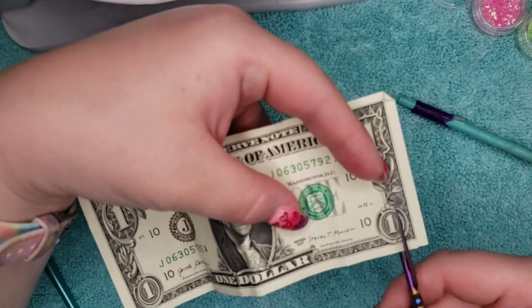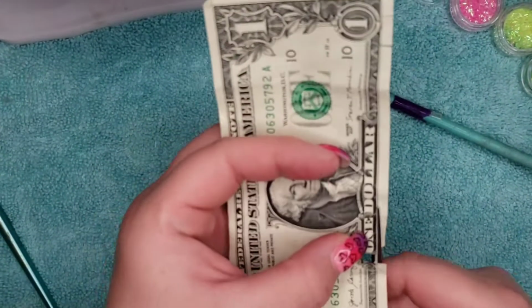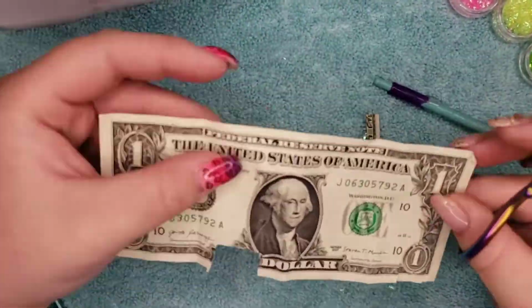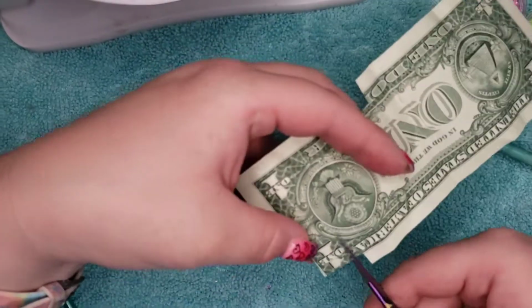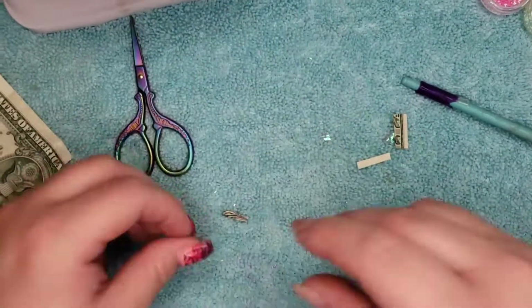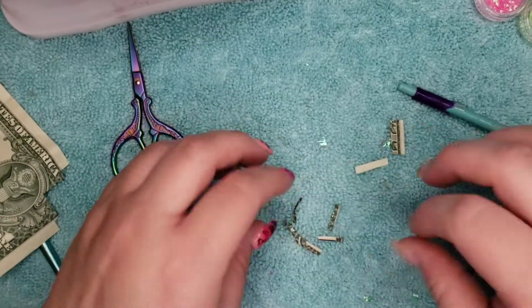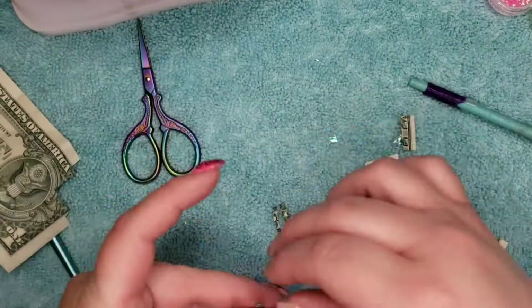So now I'm going to get into the dollar bill. Originally I wanted to cut out strips and put them on my nail in kind of a mosaic fashion, to where you could really see what I was doing. Or you could see the dollar bill in there, and this whole thing would work a lot better with acrylic,